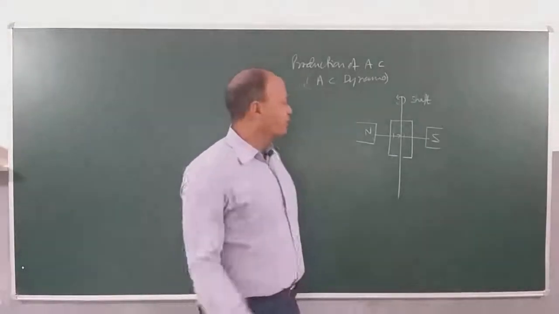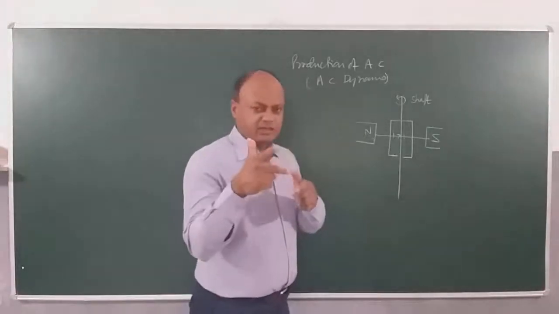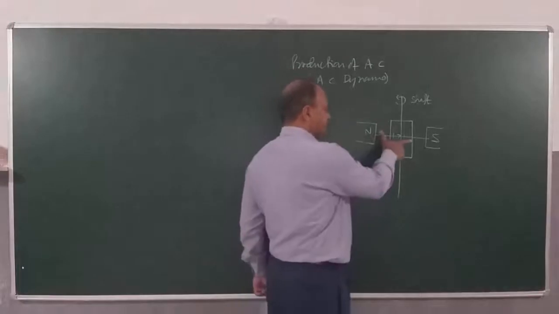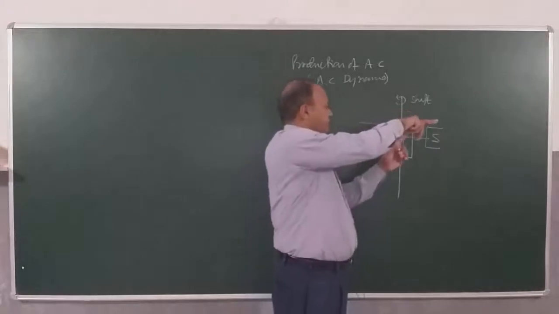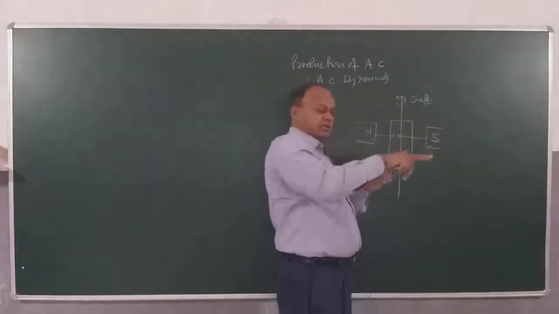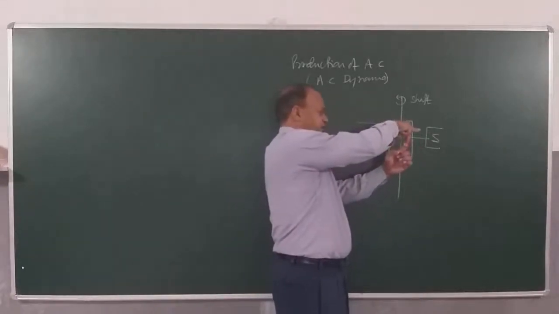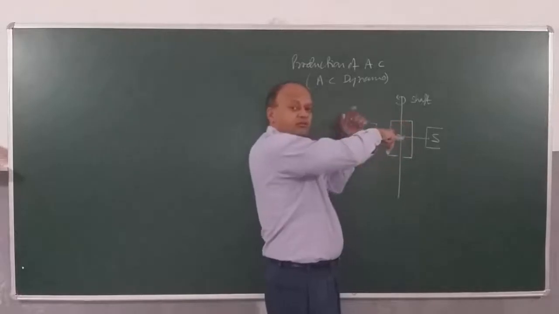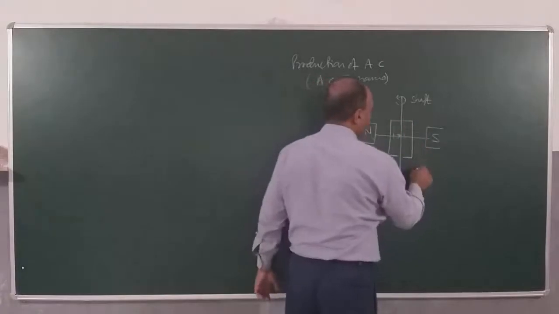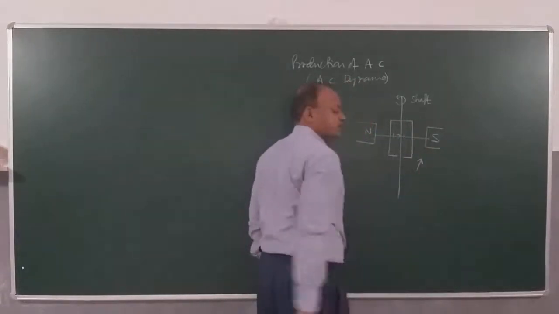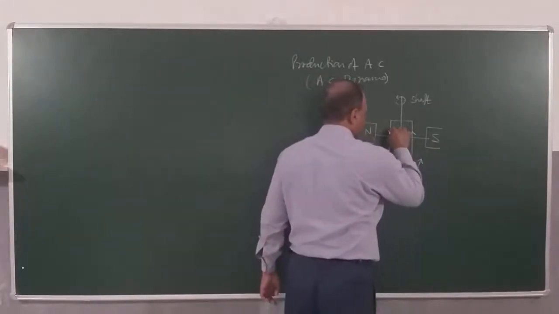If I use the right hand rule, then see, this is the direction of motion of the coil, this is the field and this is the induced current. So let's use it. This is the field and the coil is going inside. You can see this is going inside and this is the magnetic field. So current will be like this. If you look at my finger, it's coming down. So this current will be anti-clockwise. So when the coil is going inside like this, the direction of current is anti-clockwise.